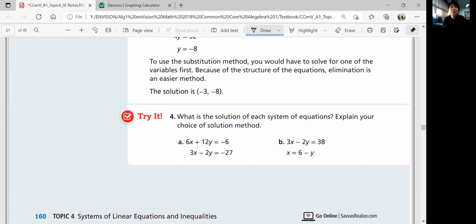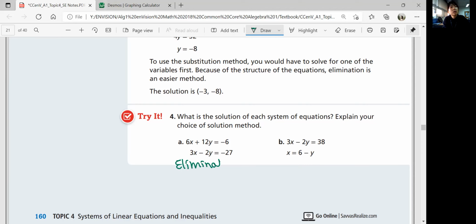Or is it easier to match one equation to use elimination? For part A, it's easier to match the second equation with the first one because you just need to multiply, right? So elimination, we're going to use